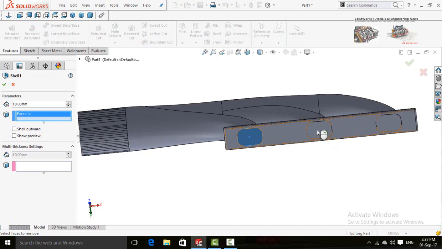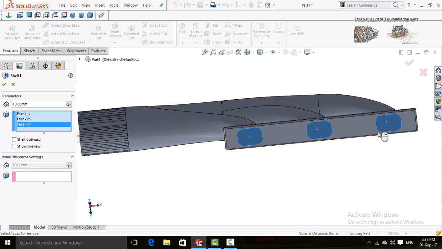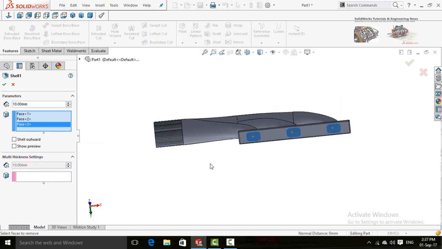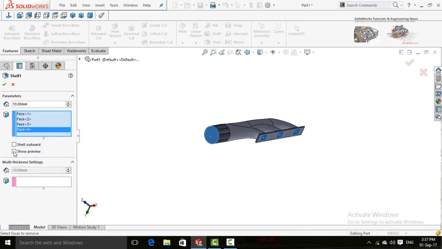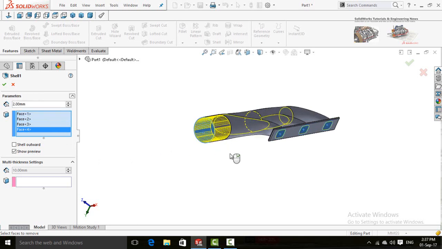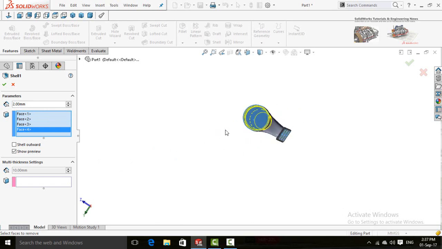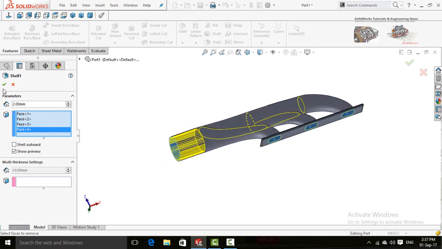Click all these faces along with this face. Check this box, show preview, and here is the wall thickness, which is 2 millimeters. So press OK button.